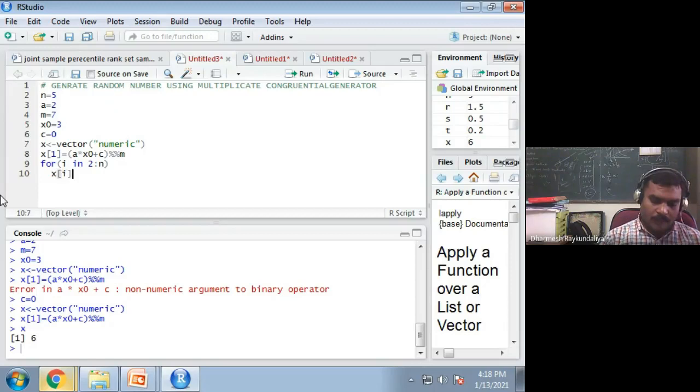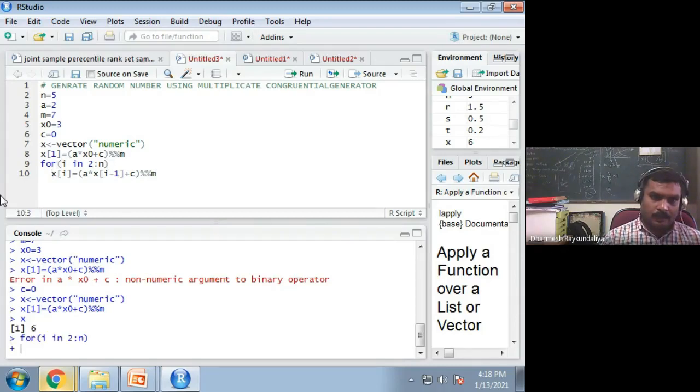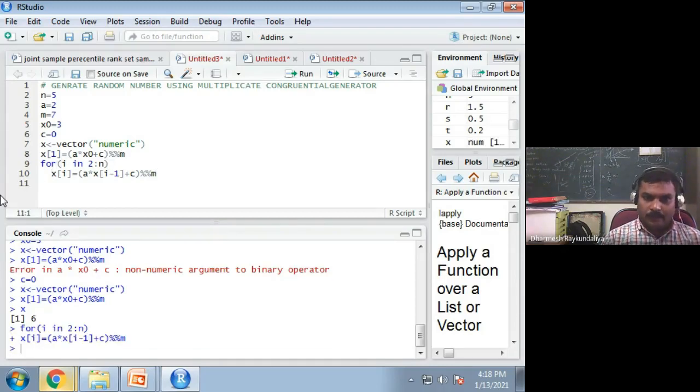X of i is equal to A into X of i minus 1 plus C, modulo M. So now we will generate this. Okay, it is generated.